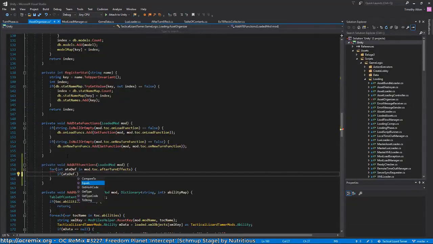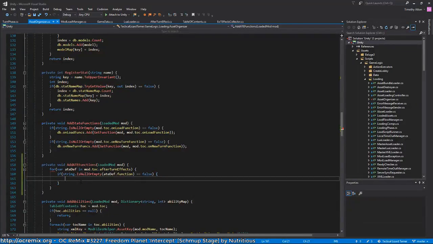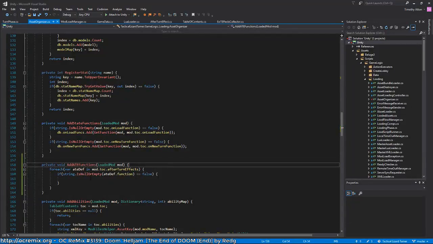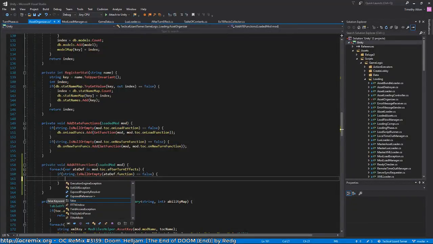So if definition, oh, I put int there, it should be variable. Okay, so if the function is not null or empty, so string is null or empty is false. Really, that should never happen, because if it is null or empty, an error would have been thrown earlier, but might as well just be safe. Oh, right, for each. And so now we can just